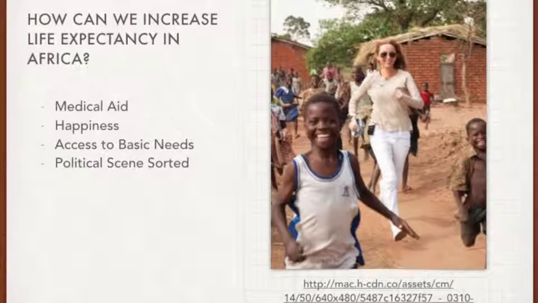Now, I'll be talking about how we can increase life expectancy in Africa. Firstly, we can provide them with more medical aid from UNICEF or other organizations like Doctors Without Borders. Or we can increase their HDI as a whole. Northern Africa has the highest HDI in all of Africa. Countries like Tunisia, Libya, and Algeria are considered really high, while countries like South Africa and Swaziland in the Southern Africa region all have lower HDIs.